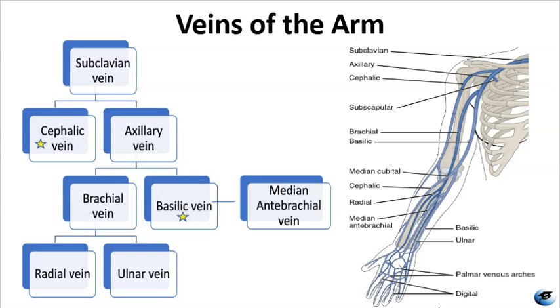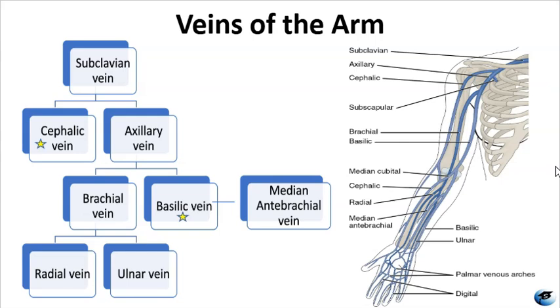In the forearm, we will see 3 primary superficial veins. The cephalic vein runs along the lateral side, the thumb side. The basilic vein runs along the medial side, or the pinky side. The median antebrachial vein travels through the middle of the anterior forearm and often drains into either the basilic or